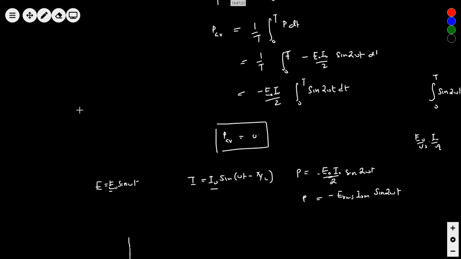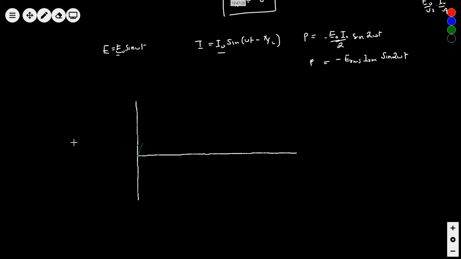So what we can do, and flux would be written as, in this case, BA. So if I plot the curve, you can see that the voltage will be... I can plot the graph in two ways. One by keeping the voltage as the reference, E naught sin omega t, or keeping the current as the reference and then 90 degrees ahead of this. For example, what do I mean? I have done one way. Let us see what happens the opposite way now.